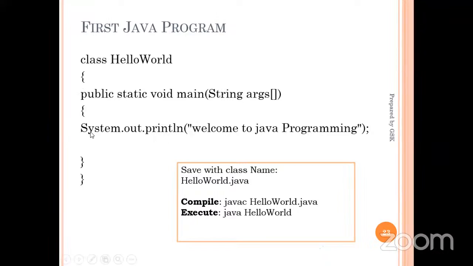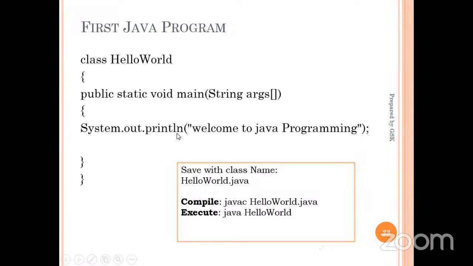And within the main method, you can write anything depending on your requirement. You can develop your code. As this is a very basic program, I just want to print welcome to Java programming. You already know C language, you learnt it. So if you want to print any message on the screen, we use an output statement in C language, that is printf, right? Coming to CPP, if you know, cout is the output statement. In the same way, in any programming language, we have an input statement and an output statement. Coming to Java, the output statement is